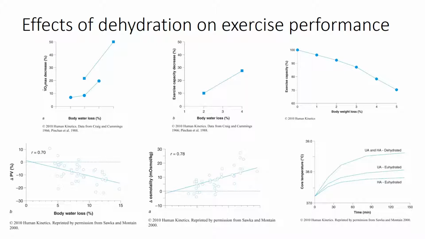But the big key is if we're talking about people that are acclimated, so heat adapted or unadapted, we're going to find that if we're hydrated, you have a definite advantage if you're heat acclimated. You guys see the core temperature and how high that's going to go? Mind you, we're talking about going for more than 2 hours in this example. But notice, if you're dehydrated and you're heat acclimated, you have no advantage over someone that is unacclimated to heat and is also dehydrated. Does that make sense? You might be better at sweating, but if you don't have the fluid to lose, you're not going to do as well.